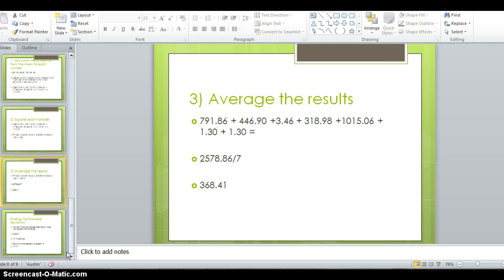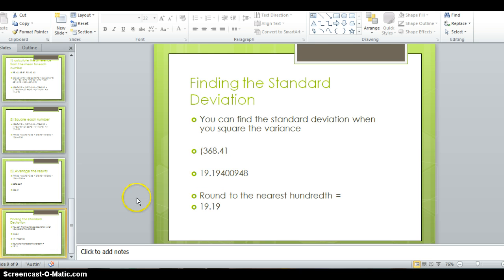The last step in finding the standard deviation is to take the square root of the variance. So the variance was 368.41. Square root it, that's our square root sign. It comes out to be 19.194000948. If you round it to the nearest hundredth, it comes out to be 19.19. So our standard deviation is